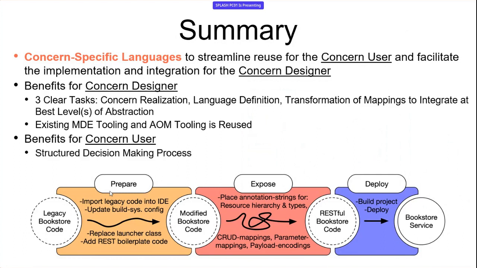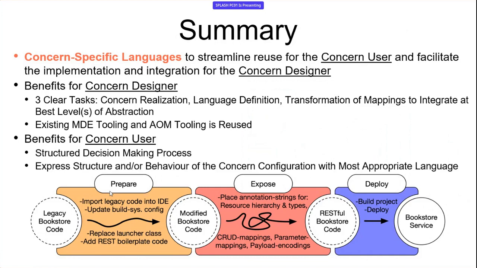For the concern user, the whole reuse process becomes very structured. You first make the decision about the specific variant that you want to be using, and then afterwards you get this language that allows you to maximally express the new concern that you're adding to your application. In our case of Restify, you can build this beautiful resource tree in the most appropriate language. I didn't mention that, but our tool can do all those checks, obviously, when you create mappings that you can't map,